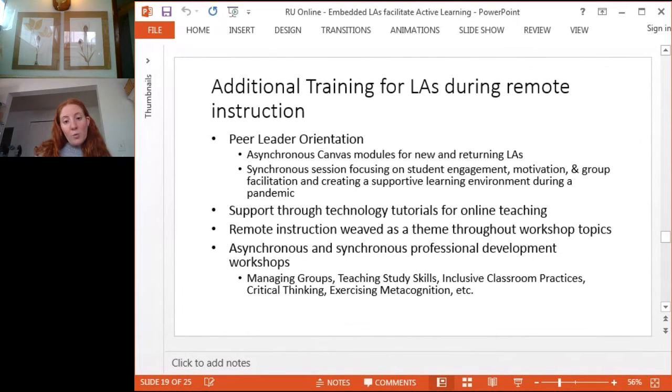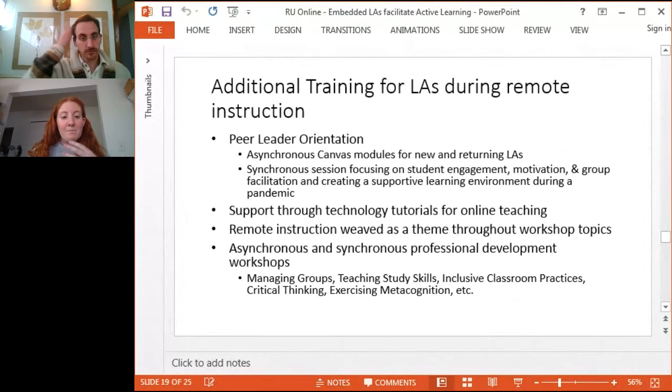So along with this peer leader orientation that the LAs attend, they also have continued training. So depending if they are a new or returning LA, they attend 1 to 2 professional development workshops that they get to choose whichever topic they want to each semester that they work as a LA. So there are both asynchronous and synchronous professional development workshops. And some of the topics that we focus on are managing groups, teaching study skills to students, inclusive classroom practices,